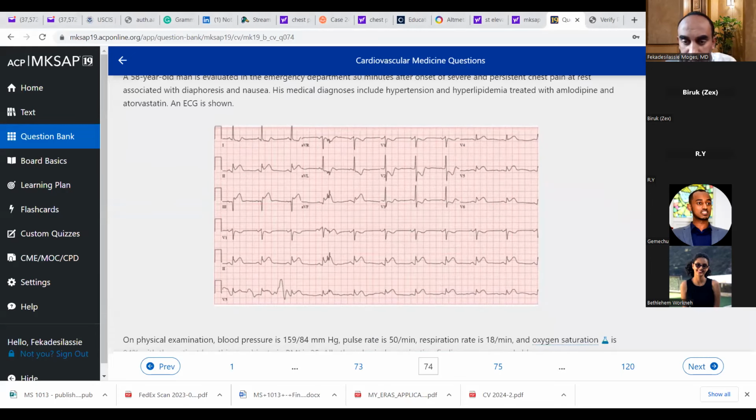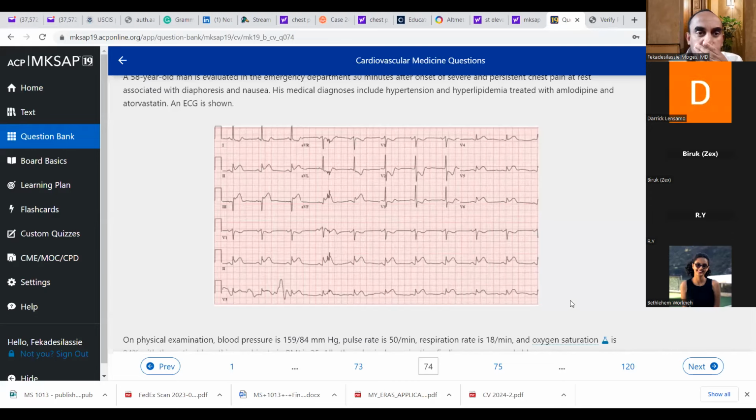Do you see the EKG? Yes. All right. So what's going on in the EKG? Can you say something about the EKG? Elevations in the inferior leads. Yeah, there are ST segment elevations in the inferior leads. Where else do you have ST segment elevations? Yes, there is an ST segment depression and T-wave inversion in V2, right? And in V3 as well, there is some ST depression.